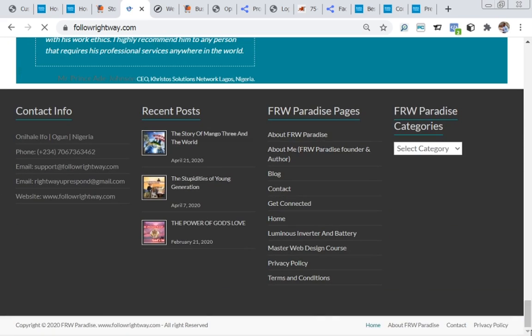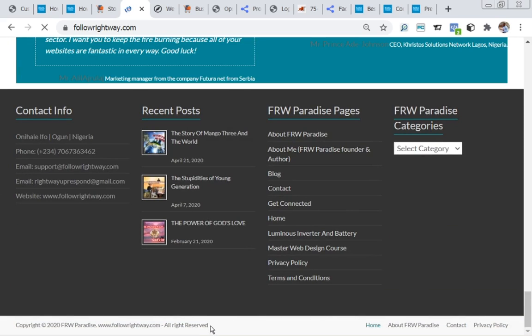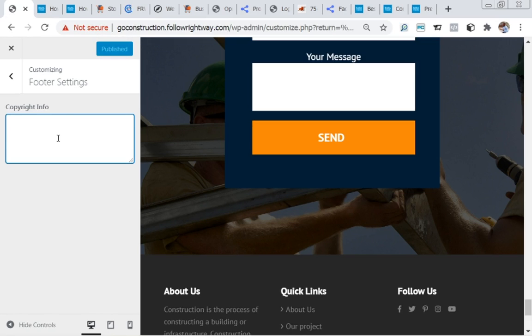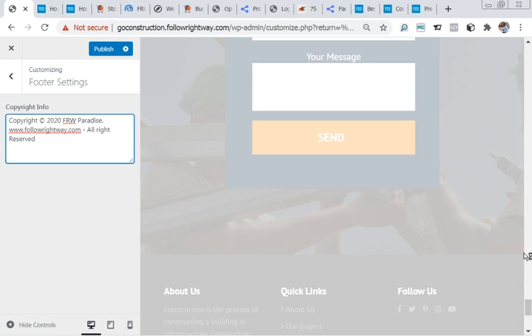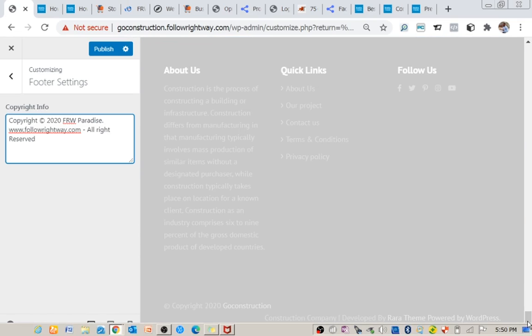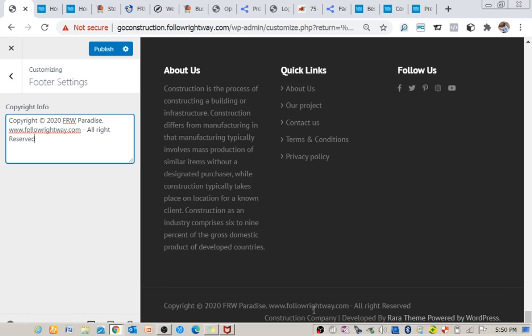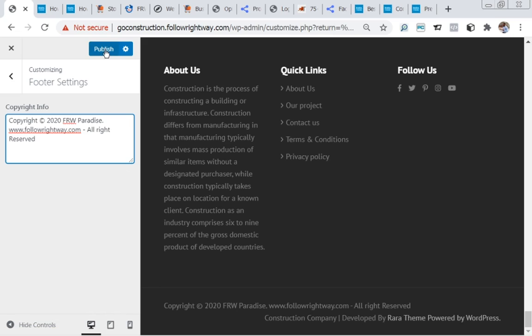So let me copy my copyright content here to use. Let me copy it and paste it here. So let's see, maybe it has changed. As you can see, here it is, but we still need to delete this default copyright, the construction company of a thing. So that means we move to the theme editor to do this later. Okay, so let's just make sure we publish this